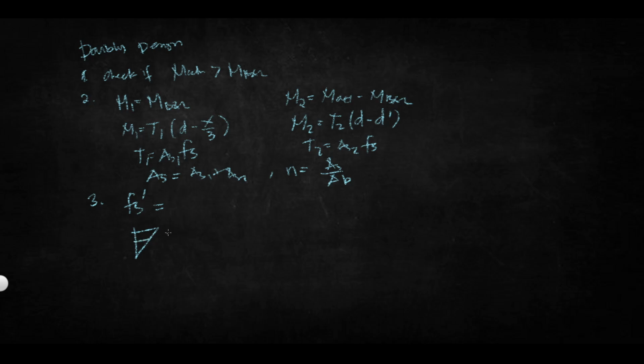Then next, after solving Fs prime, if your Fs prime is greater than the Fs, use Fs. Tama? And your Fs prime naman is less than our Fs, allowable stress, use mo yung Fs prime na actual. Okay, so after solving Fs prime, pwede na natin po makuha yung AS prime, which is equal to,